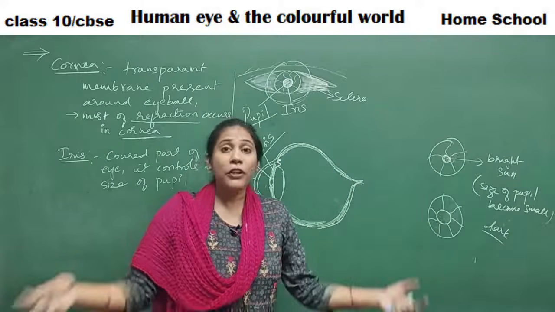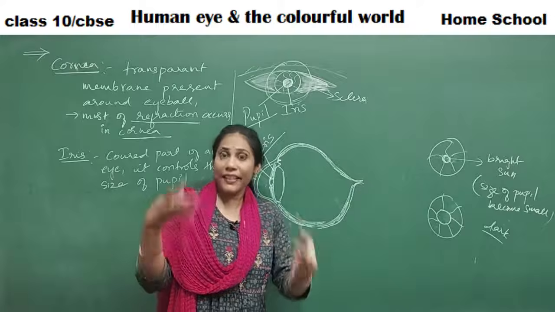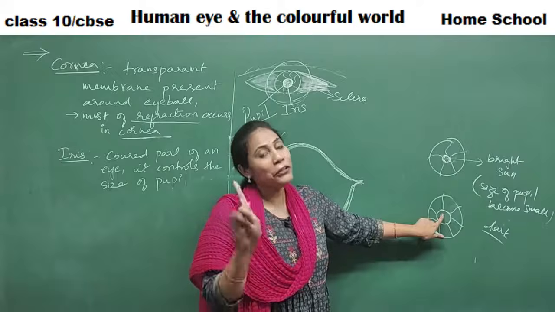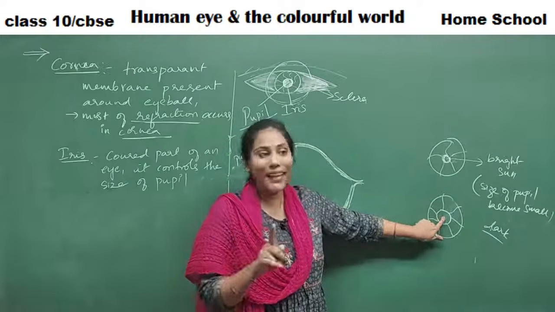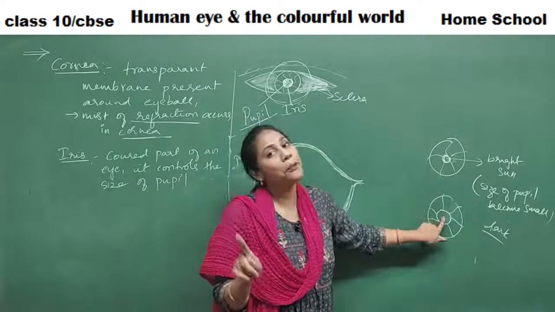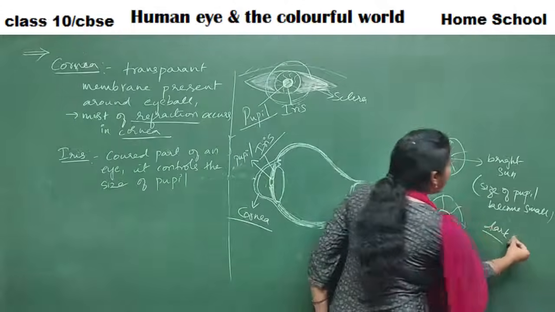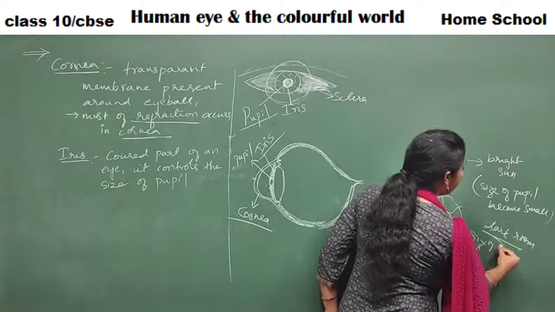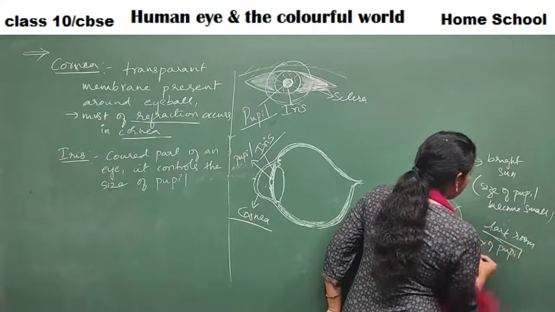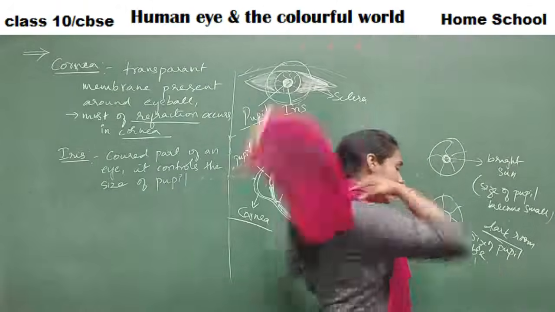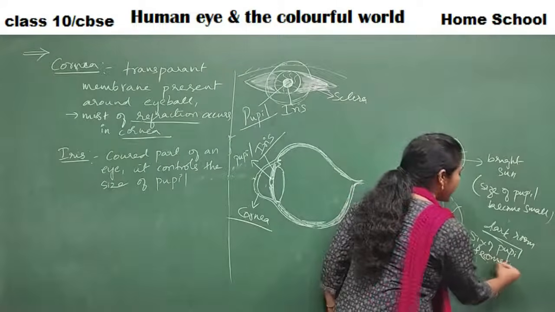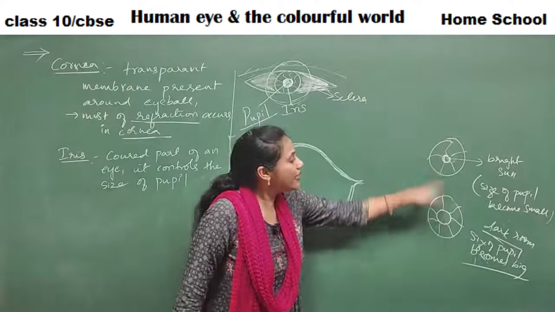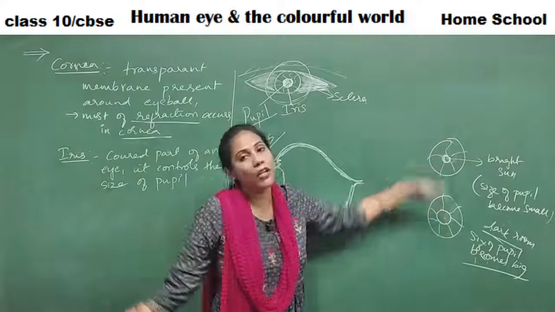So whatever light is there, when it enters into your eye, you can see something in a dark room. If lots of light rays must enter into your eye, then the size of the pupil must become big. So who will make the size of the pupil big? The iris will make the size of the pupil become big, in a dark room. So in a dark room, the size of the pupil becomes big. I think you are getting my point here. This is important to understand. Clear?